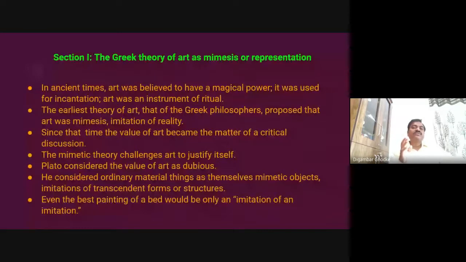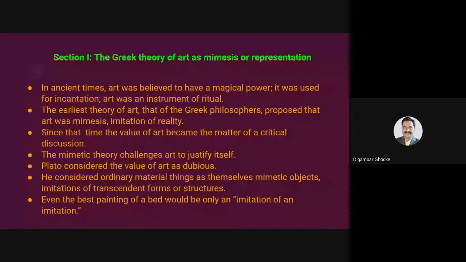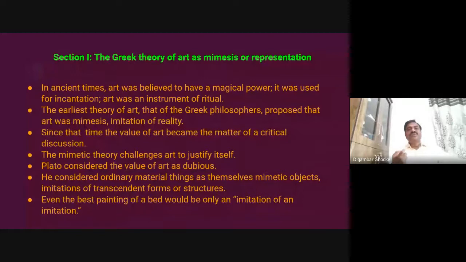So here we shall first of all talk about the Greek theory of art. It's a kind of revision for you people of the first semester, which you already learned. We shall quickly look at it. So we understood that the Greek theory of art looks at art as mimesis, an imitation of something, or representation of the things around it. So in ancient times, during the Greek period, art was believed to have a magical power,